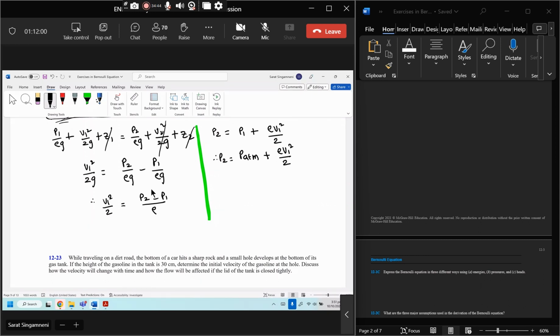But gauge pressure is only the pressure above the atmospheric pressure. That's what we call gauge pressure. Therefore, P gauge is equal to just the additional pressure over and above the atmospheric pressure. So we don't write atmospheric pressure in gauge pressure. So rho V1 squared over 2, which is equal to